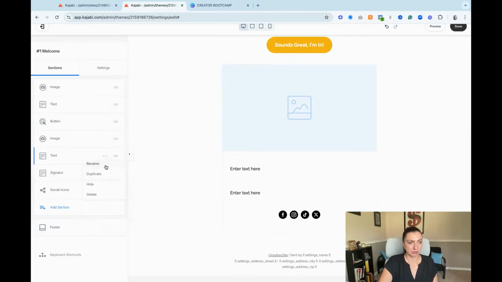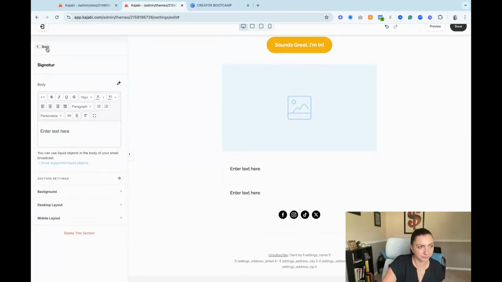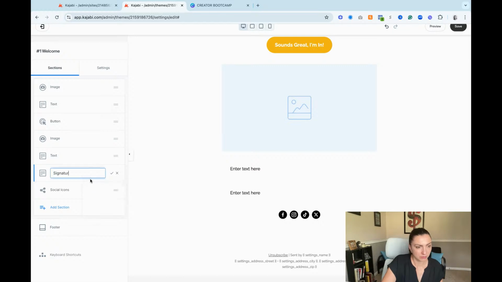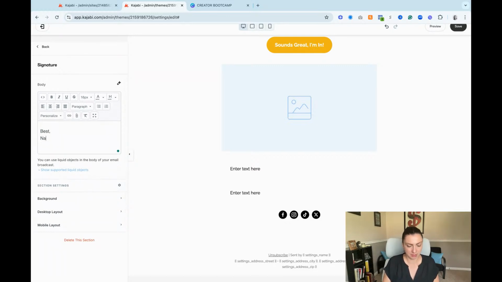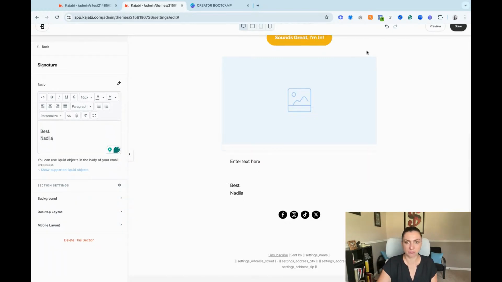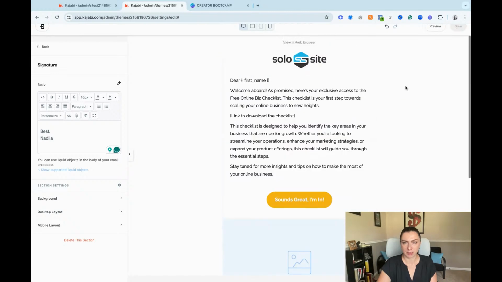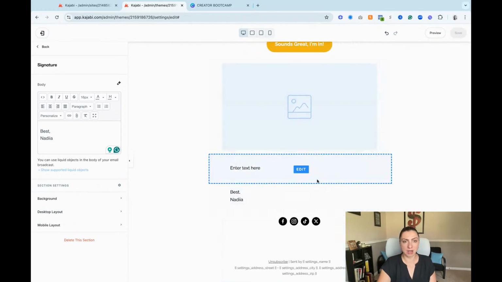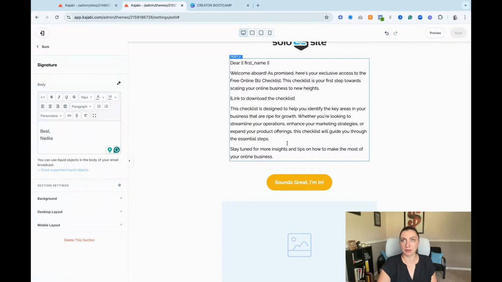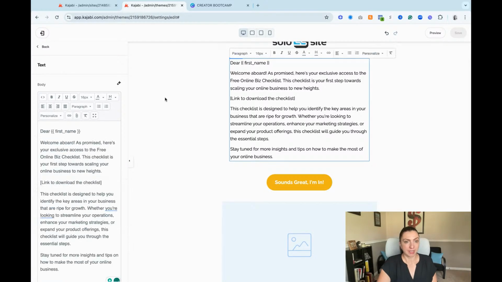Signature. And this is not going to change. This is always going to be there. Like I'll say best, say Nadia, right? Okay. All right. So this is our template. Again, here you can even put in a dummy text like lorem ipsum or something,